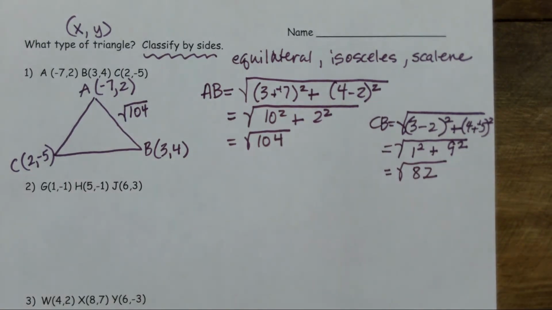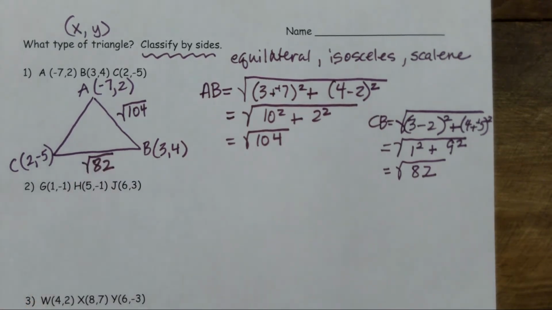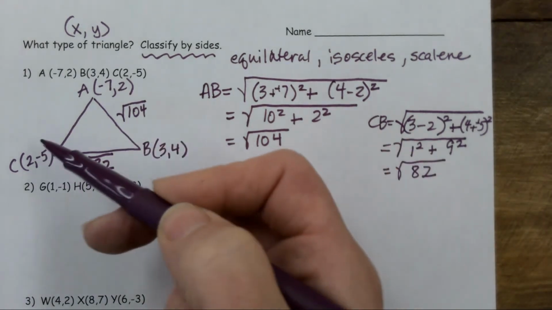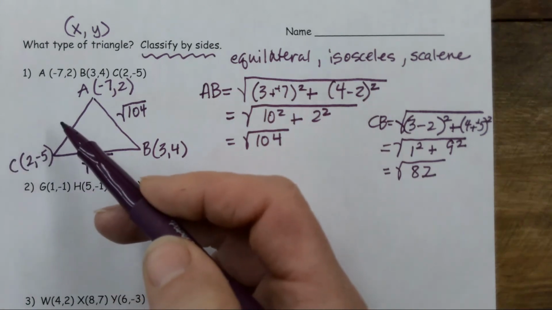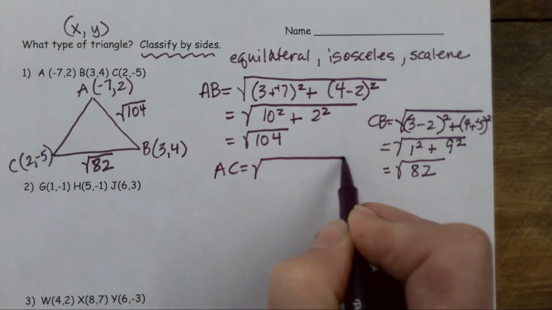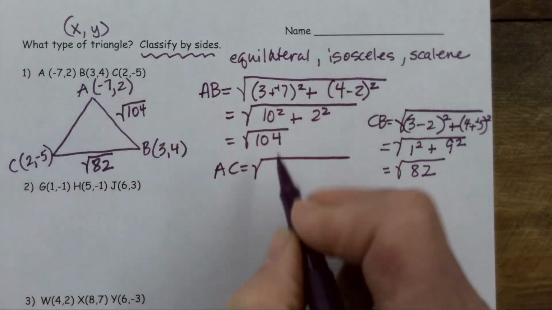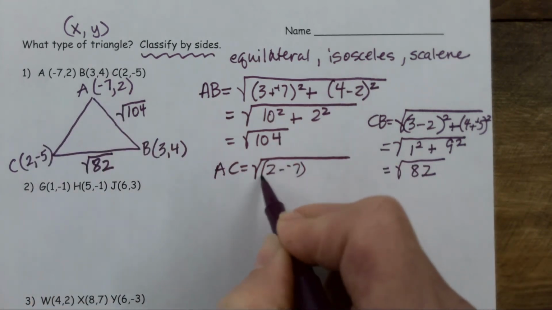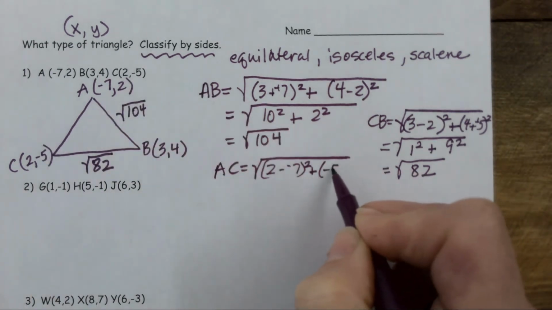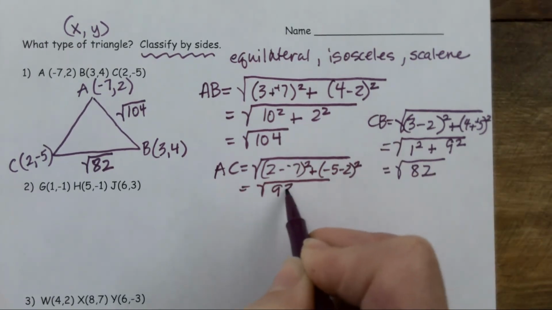Everybody okay with my work? Okay, so I know this is the square root of 82. So this is definitely not going to be an equilateral. It could be isosceles. It could be scalene. I have to check the last side. AC. And I'll do the math on that one. So 2 minus -7 squared plus -5 minus 2 squared. That gives me 9 squared plus